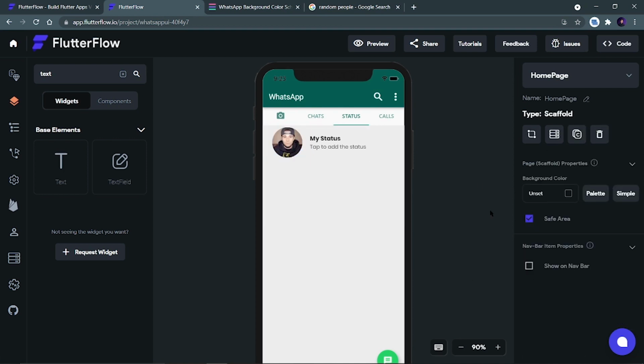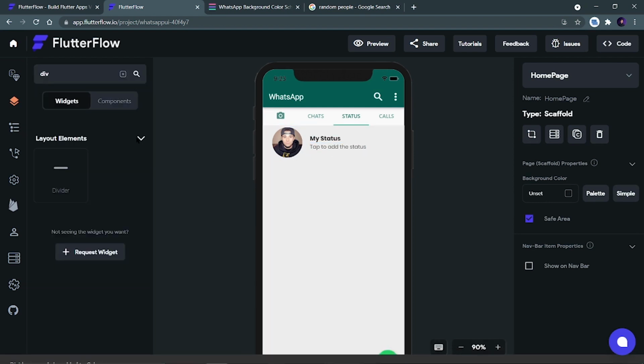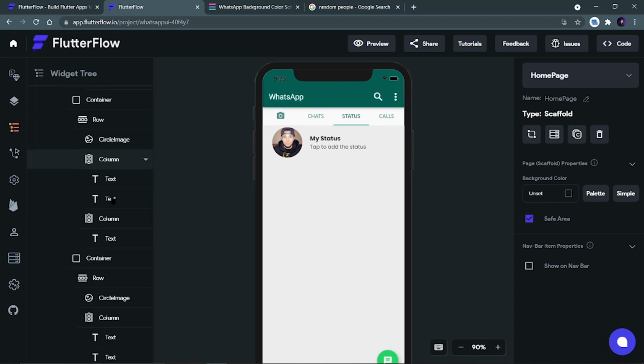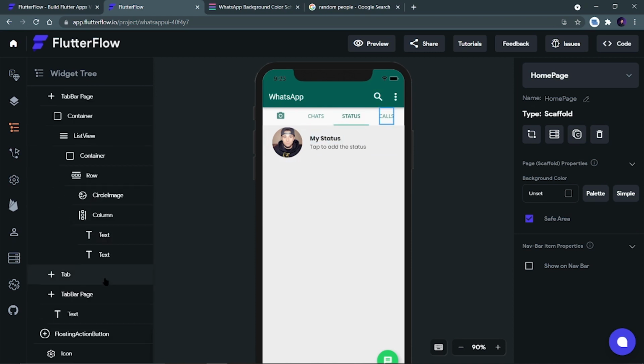So I can select any image, copy image address, and add that over here. Nice. Okay, now we want to add a divider to this. To add the divider, we have to add it inside a column. As you can see, if I just drag a divider, it says that a divider can only be added to a column. So I can go in my widget tree, go to the bottom, and here is my container.